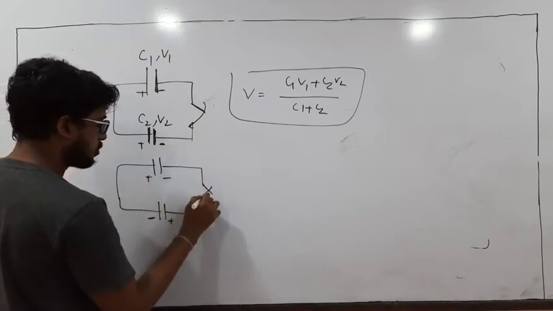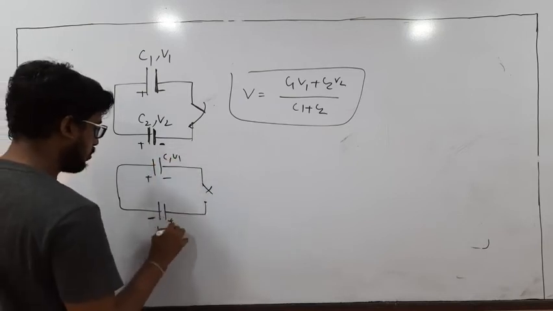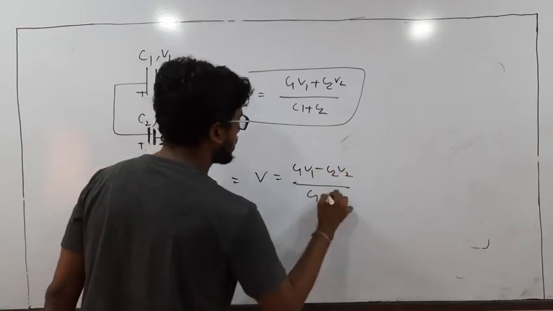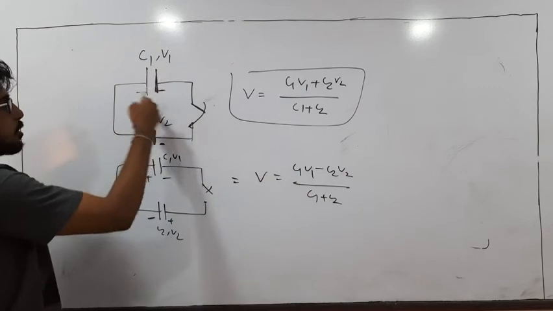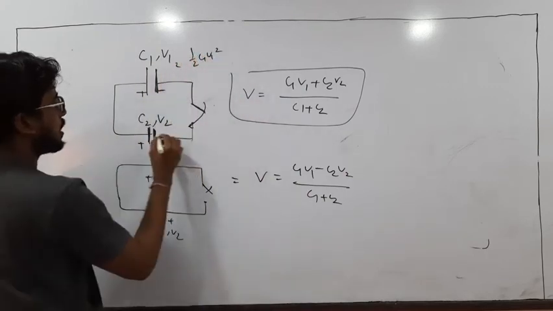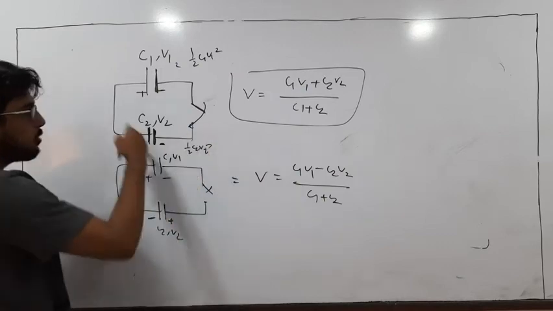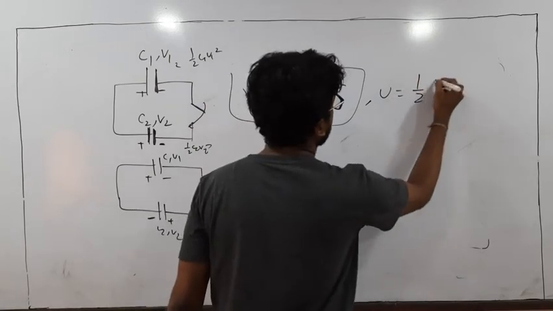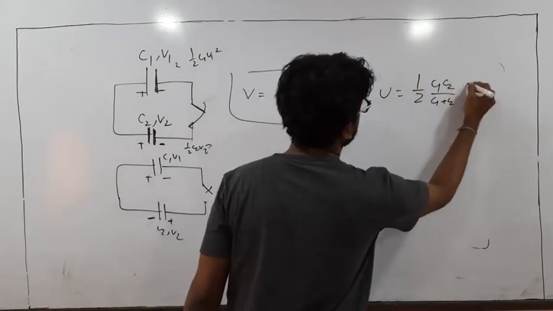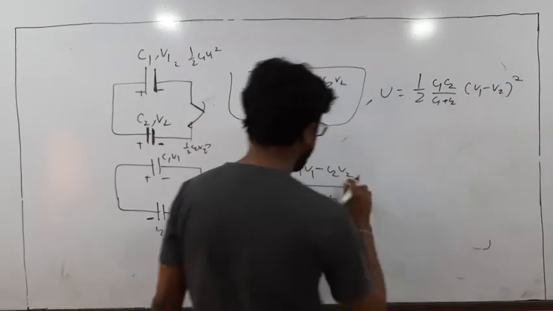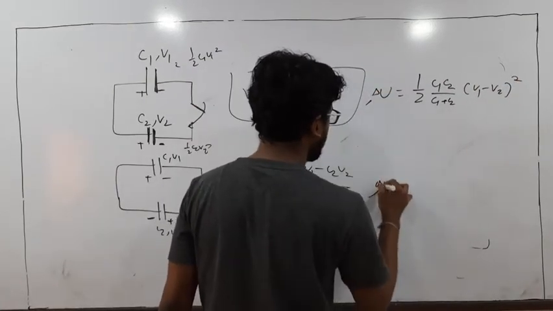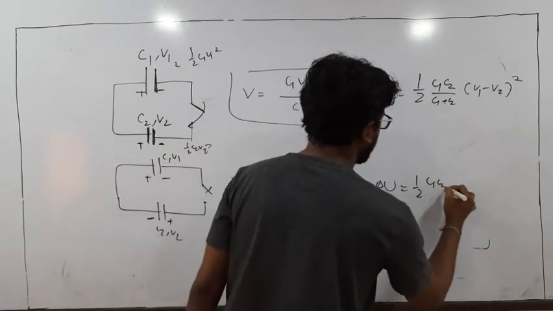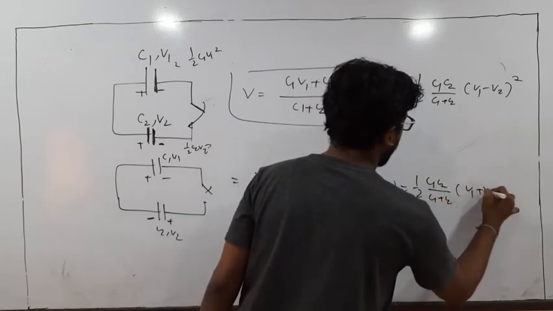When the key is now closed and initially C1 V1 and C2 V2 are the potentials, then the common potential V will be C1 V1 minus C2 V2 divided by C1 plus C2. In this case initially it has some energy which can be written as half C1 V1 square plus half C2 V2 square. So what will be the energy after closing the key? The energy U will be half C1 C2 divided by C1 plus C2 into V1 minus V2 square, and the change in energy delta U, which is released in the form of heat, will be half C1 C2 divided by C1 plus C2 into V1 plus V2